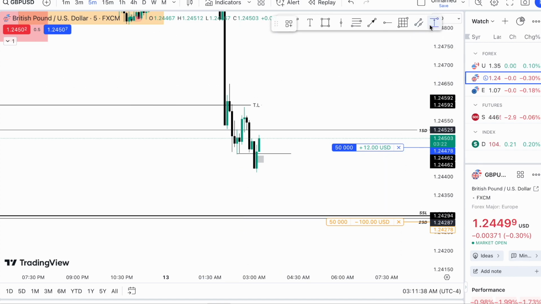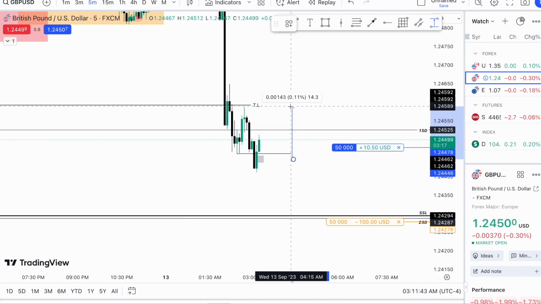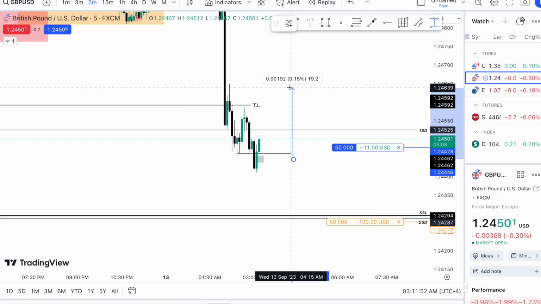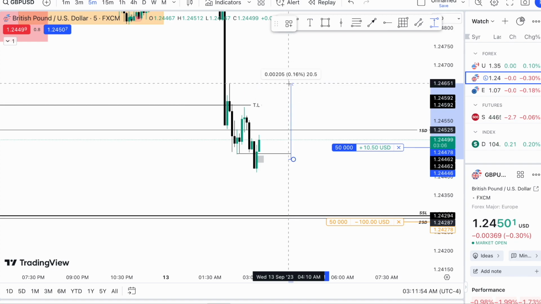I would have waited for the entry to be here and closed the entire trade over this high. Or no, I'll take a portion at this high or this high. I'll take a partial at this high and see if you wanted to get above this high because